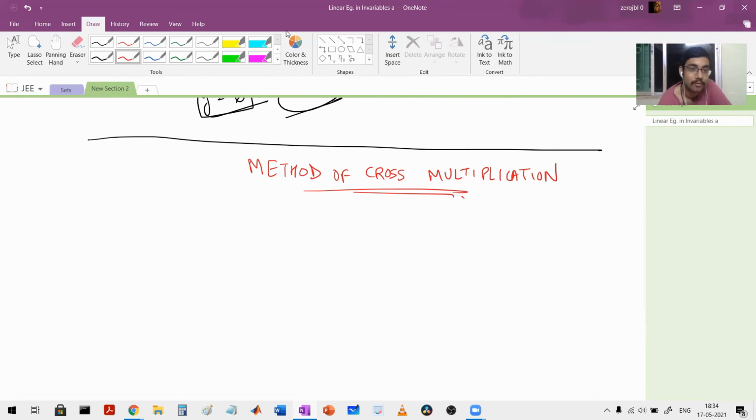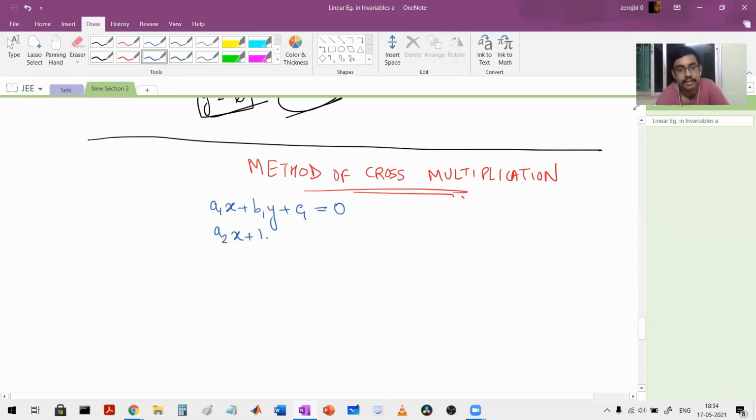So suppose you have an equation in this form. Remember the form here, it is very important. If you miss out on the form, you may miss out on the entire equations. So a1x plus b1y plus c1 is equal to 0. This is one equation. a2x plus b2y plus c2 is equal to 0. This is another equation. See the format. It is very necessary that everything should be on the left hand side. The right hand side should be 0. Is that clear?